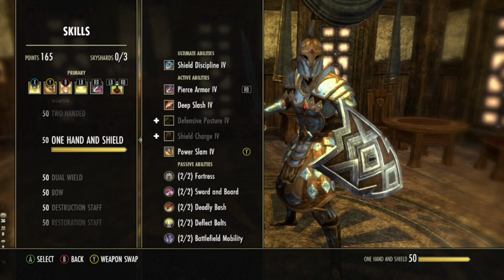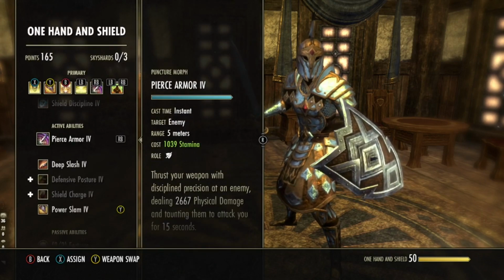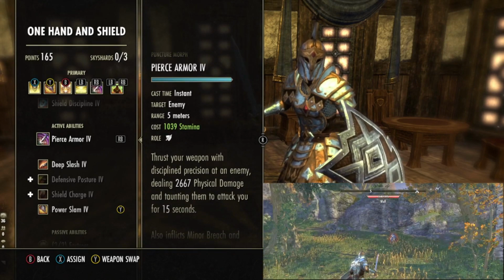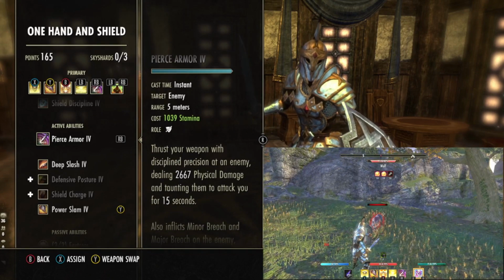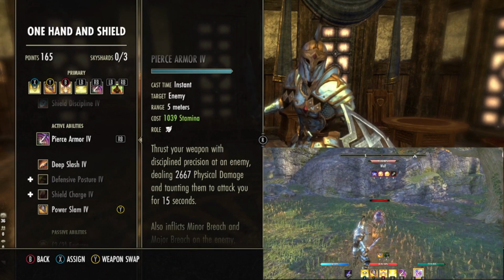Now, our next ability is down into the one-handed shield skill line. It is the first ability to unlock. Starts off as Puncture. We then morph it to Pierce Armor. With this, we will hit an enemy with some physical damage and tell them to attack us for 15 seconds. This will be our taunt, and it will be our main taunt in the game that we want to use